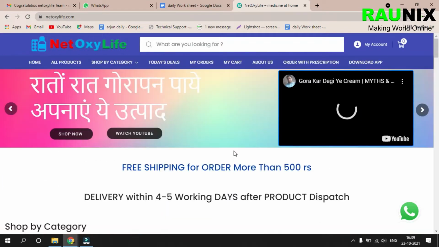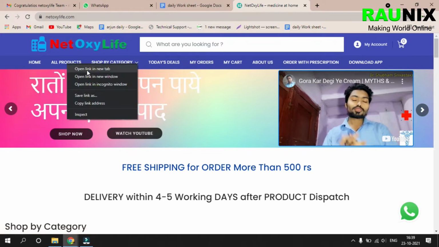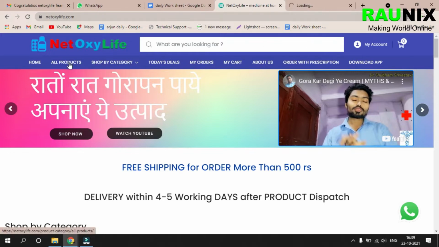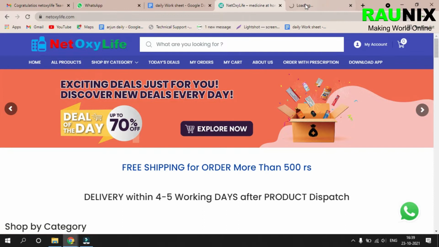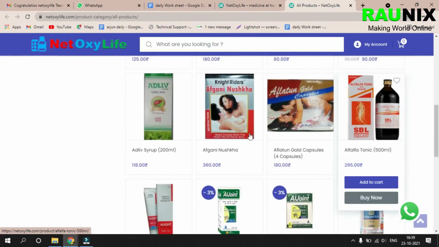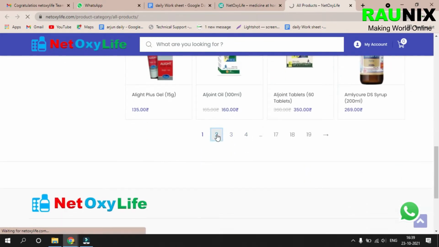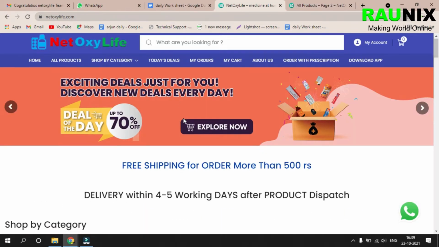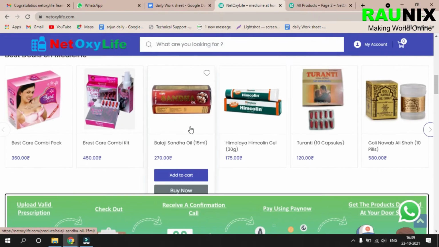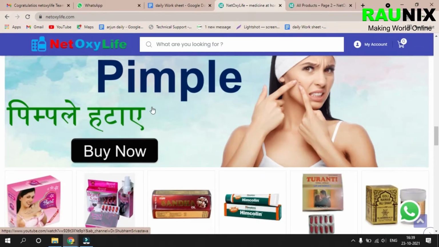Now if we want to see all the products on the platform, let's click on all products and here are all the products that you can shop. You can click on add to cart or buy now to directly purchase the products. And that's how all the products are coming with image, name, price and much more details. All these banners are clickable and you can connect any link on this.